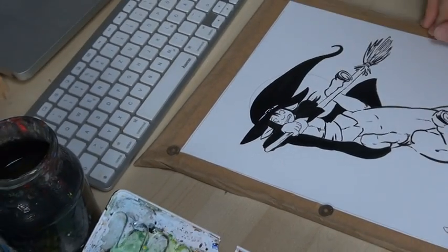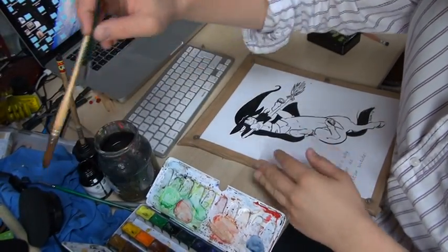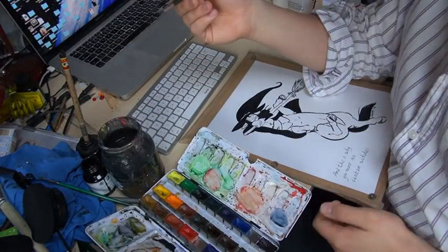Nah, that, this is always the part that is kind of... I don't like zooming in that much. Because it's kind of difficult with...